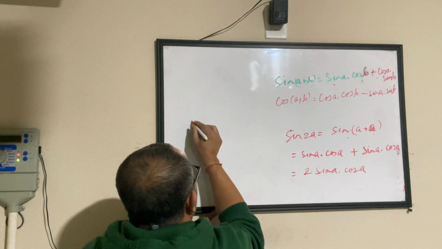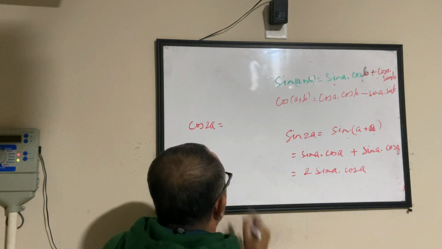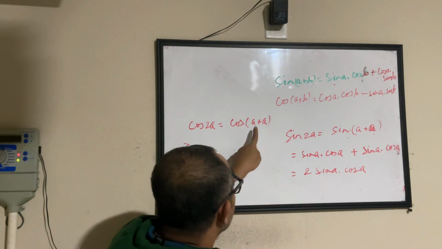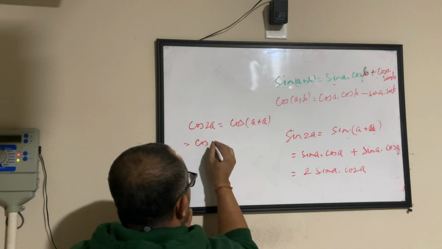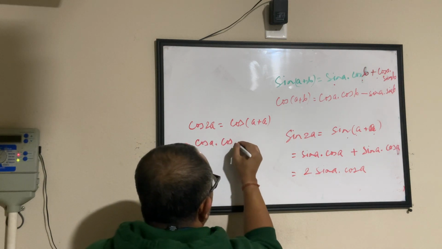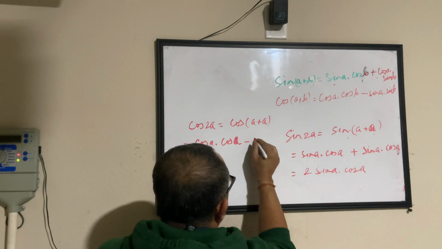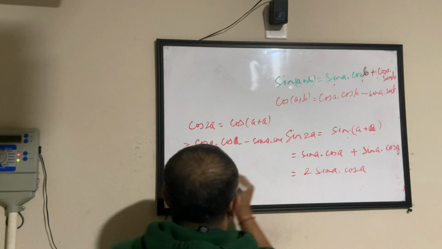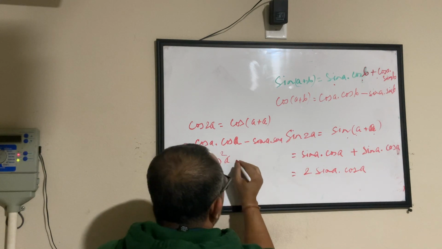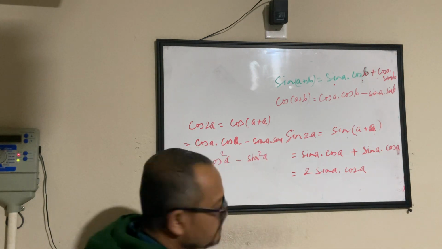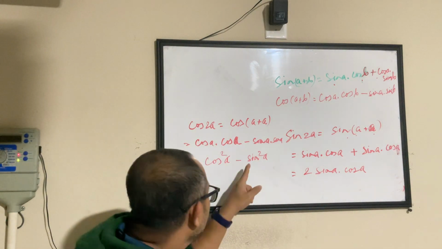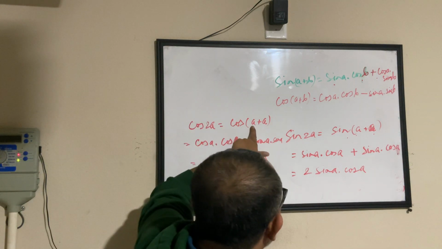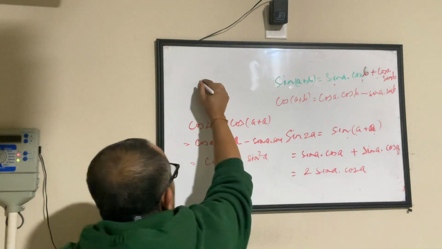Similarly, if you have to find out cos of 2a, again you know that cos of 2a will be nothing but cos of a plus a, and that equals cos of a times cos of b, again your a and b are same, minus sine of a times sine of b, again your a and b are same. So it becomes cos square a minus sine square a. So cos of 2a equals cos square a minus sine square a. And we have done nothing. We just split that into 2 parts. Tomorrow if you have to find out cos of 5a,